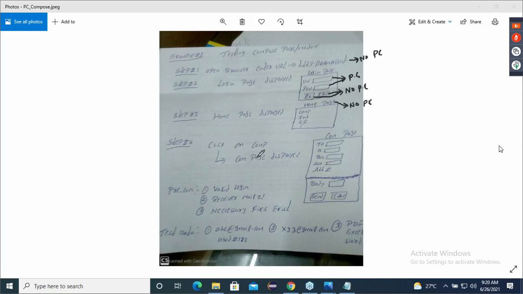Now carefully concentrate. Once I click on this, the compose page is displayed. You have To, CC, BCC, subject, attachment, body, send button, and cancel button. Many components are there.